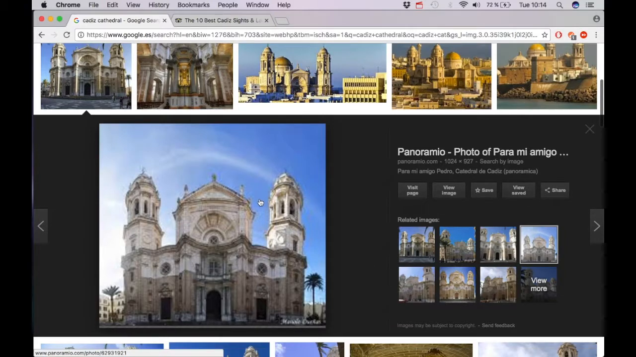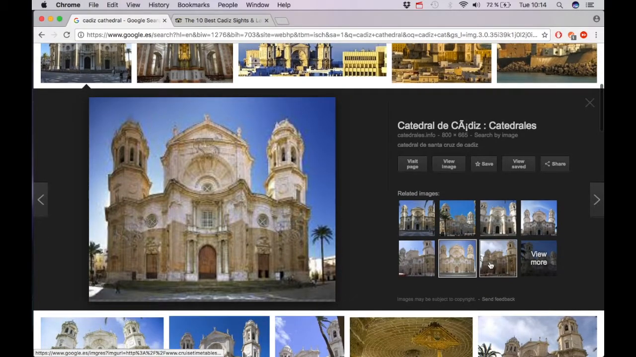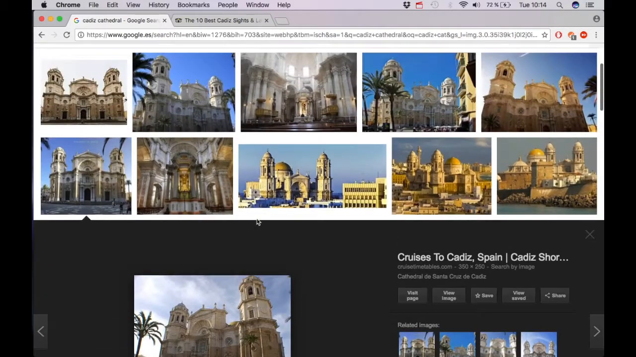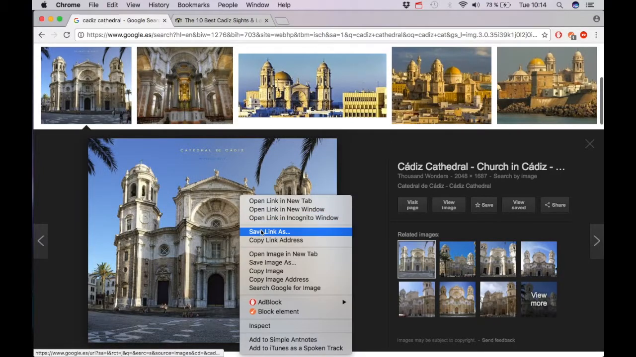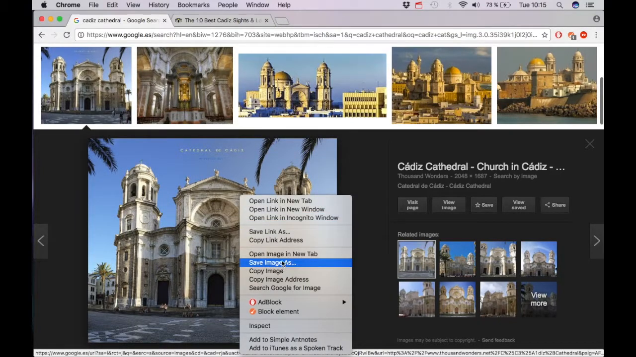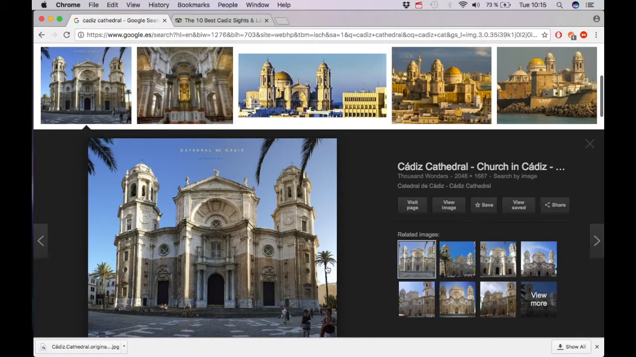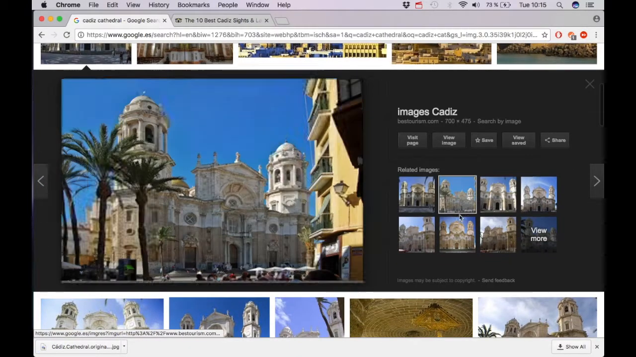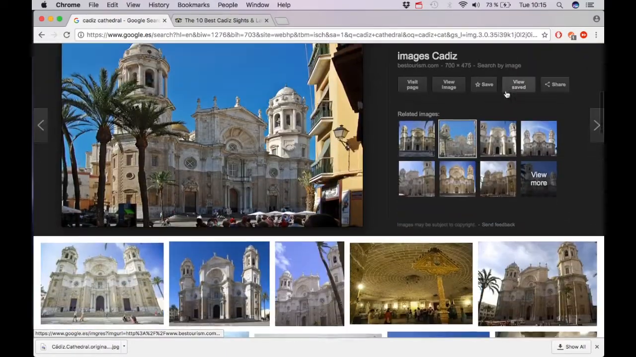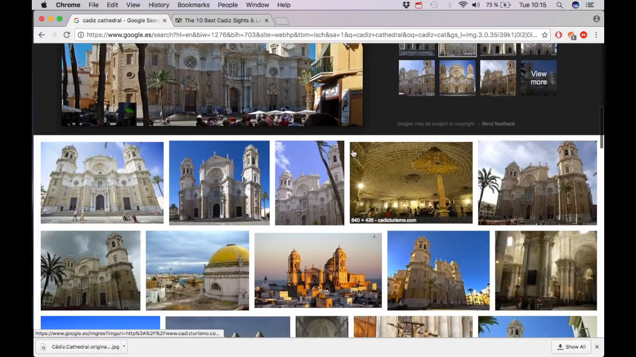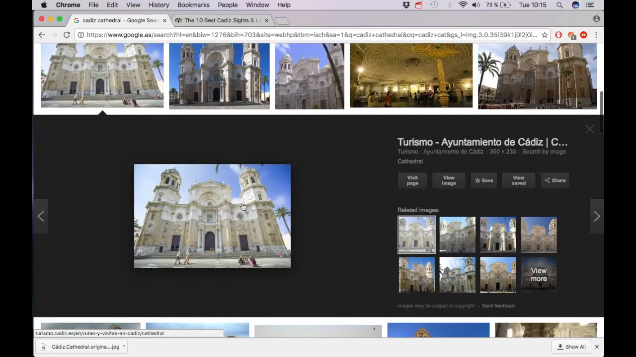In this case, I'm going to use, nope, I'm going to use this picture. I'm going to save images. It's a front view, but you can see that it's a bit distorted. I'm going to save another picture. This one